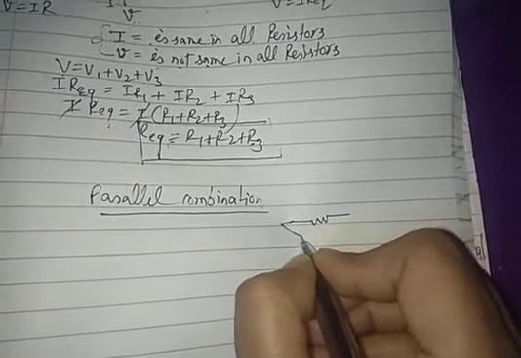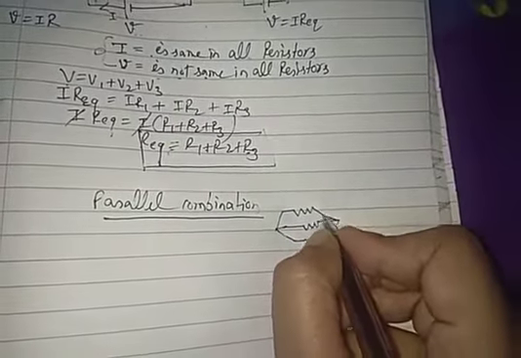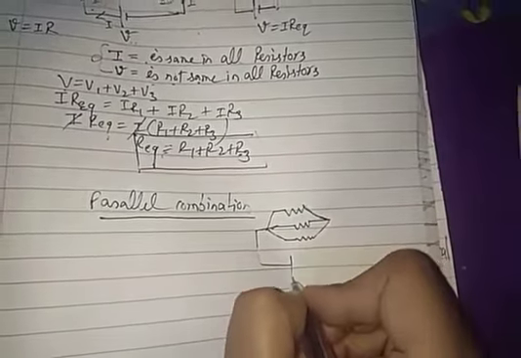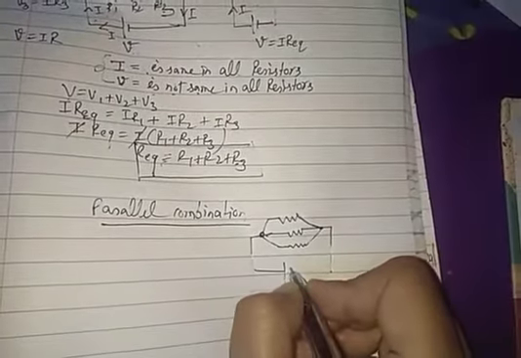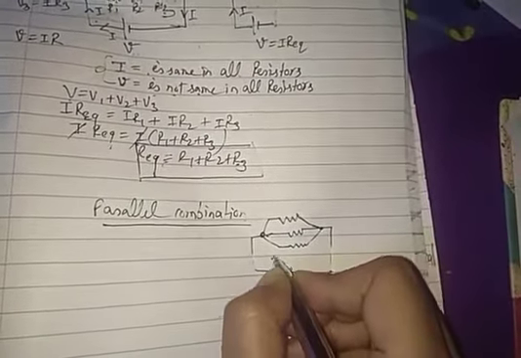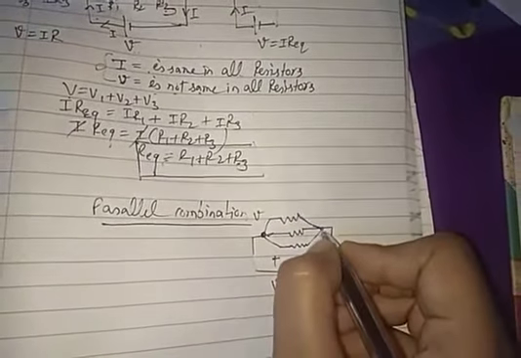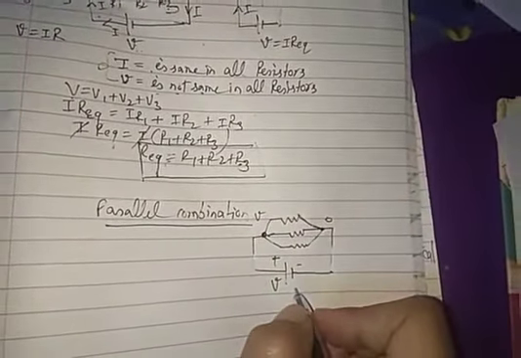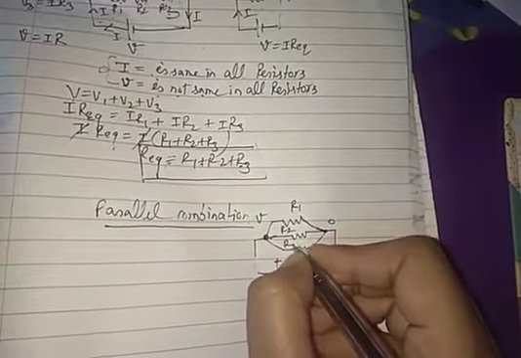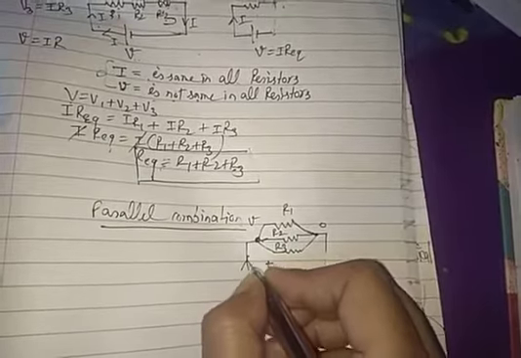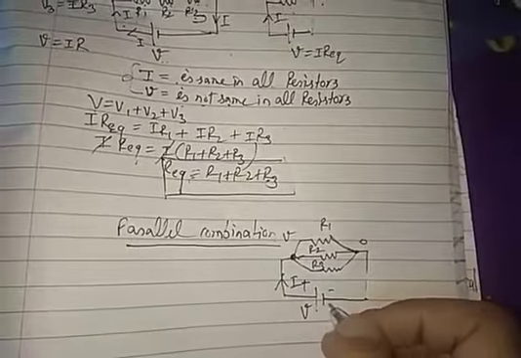Here you can see a parallel combination where resistors are not connected end to end. All resistors are joined at one end, at this point and this point. This is positive and this is negative. Potential V is applied, so here the potential can be V and here the potential can be 0. Got it? The resistors can be named R1, R2 and R3, and let us assume current I is flowing. Now let us see how the direction will change.